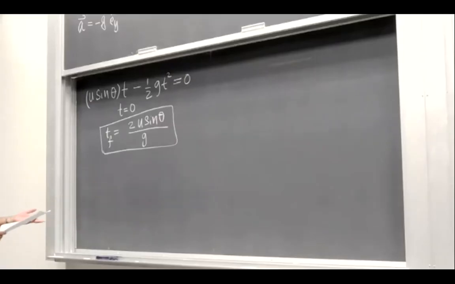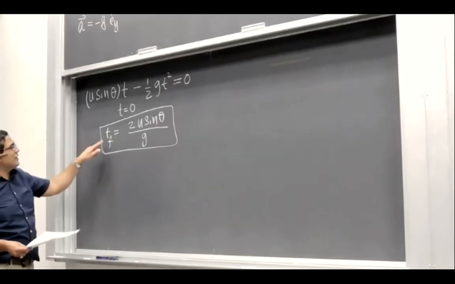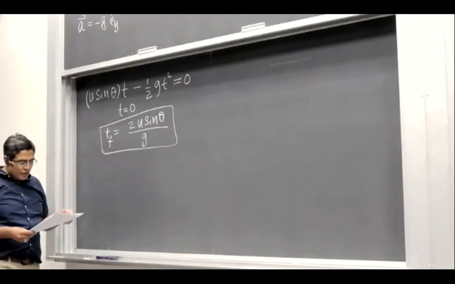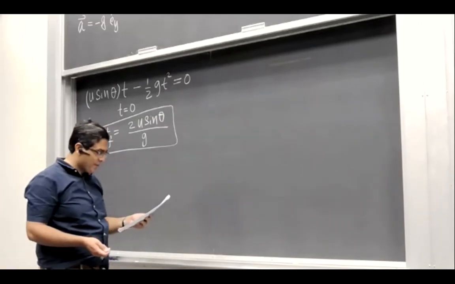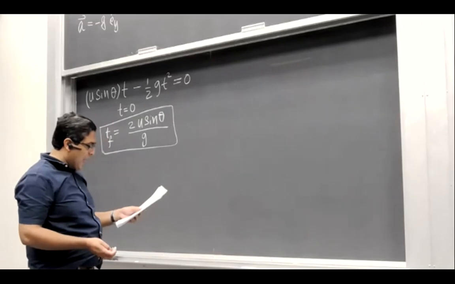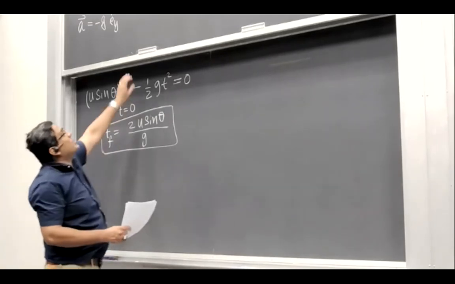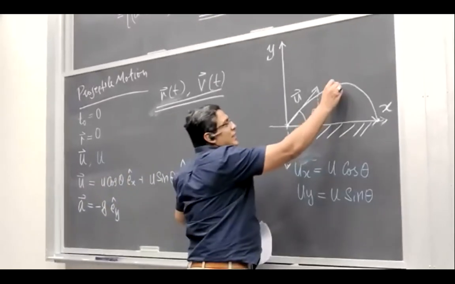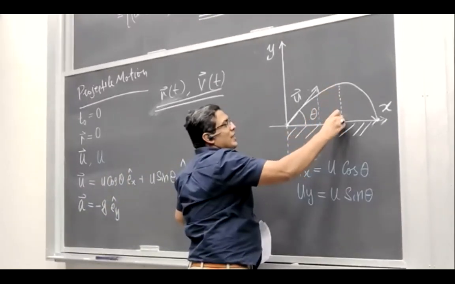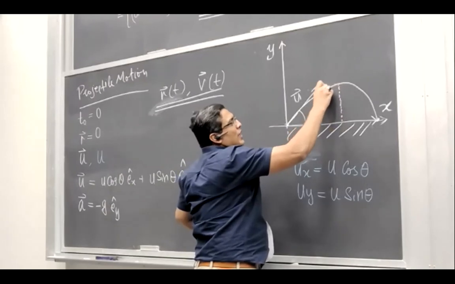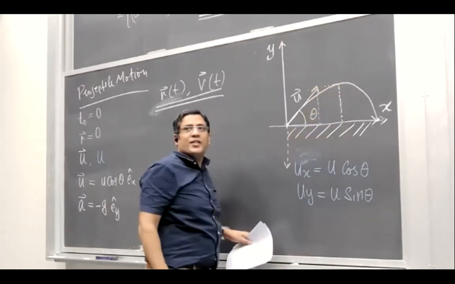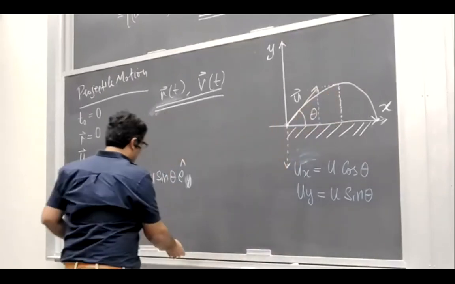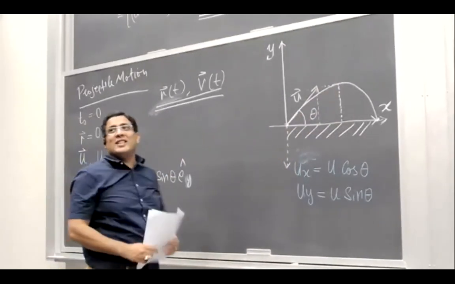Okay, so the next question is, this was time of flight and I call it TF to distinguish it from the other times, time of flight. So the next question we want to find out is how much time it would take to reach the maximum height. So at some point, if you see this projectile, it reaches a maximum point, right? At some point, it goes to the highest point and then it starts falling again, right? So we want to find out the time it takes to get to the highest point. So what would be the physical condition in this case?